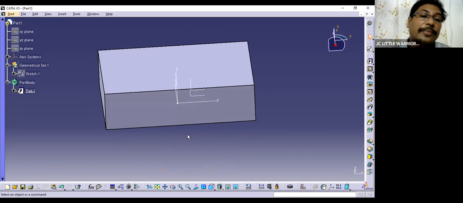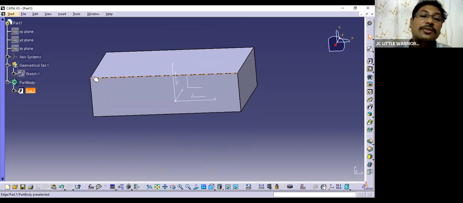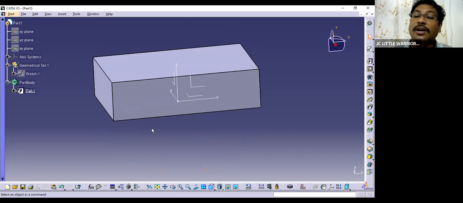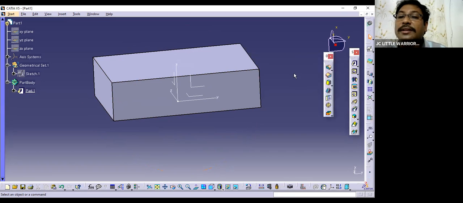Now we are going for bending. For example, we want bending on both sides, and the outer radius will be around 10 millimeters. Then how to create the radius? Here it is, edge fillet. You have to use edge fillet. Click on this edge fillet